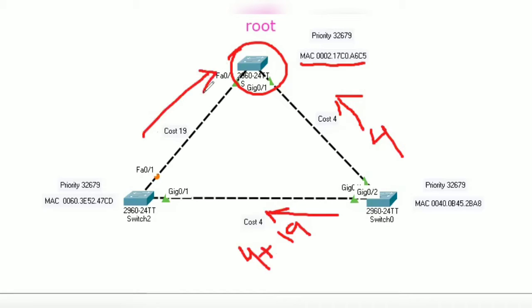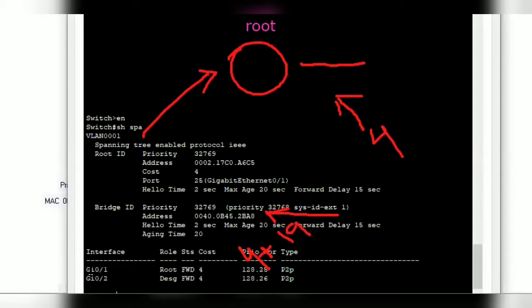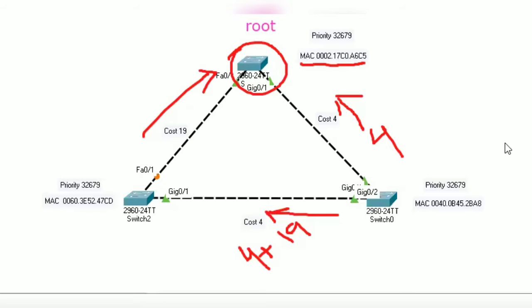So who wins the election? Giga Ethernet 0/1. Here you can see Giga Ethernet 0/1 becomes the root port and it is forwarding. Now on switch 2,